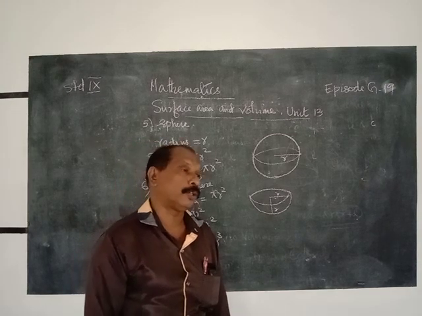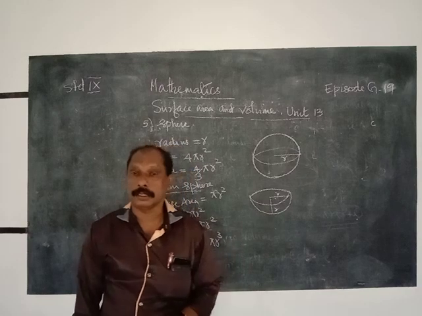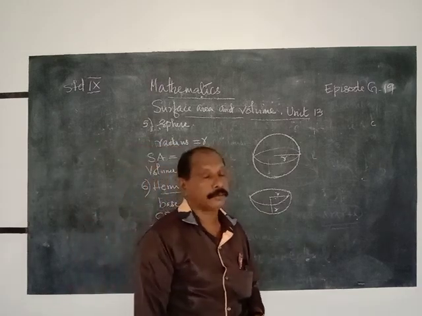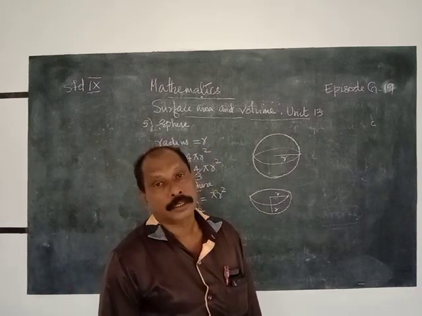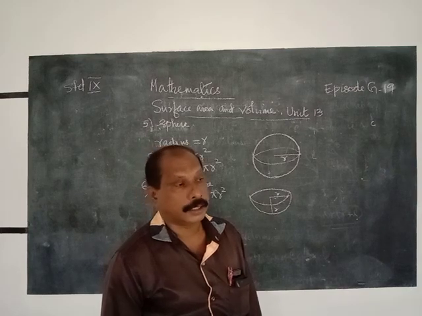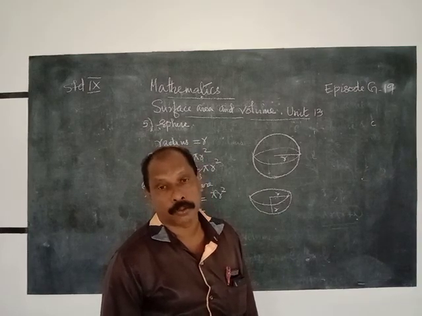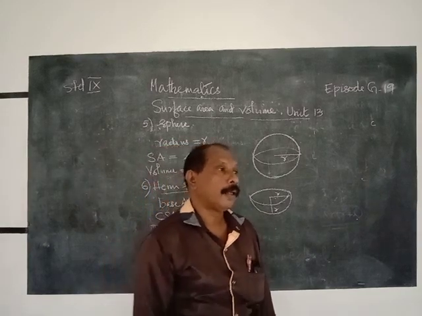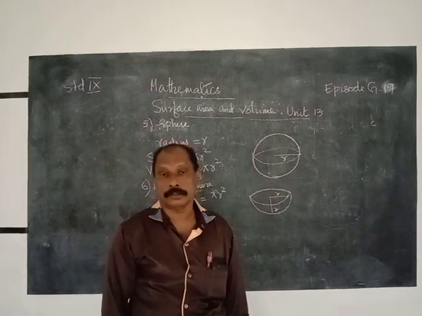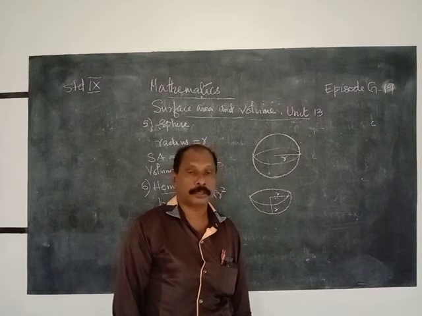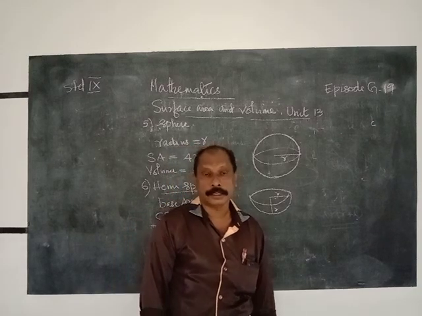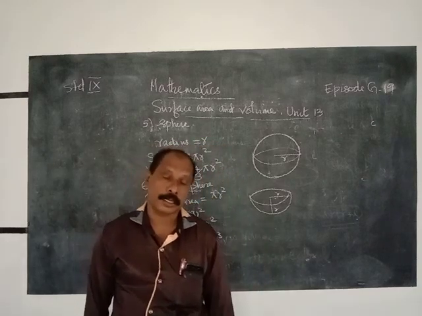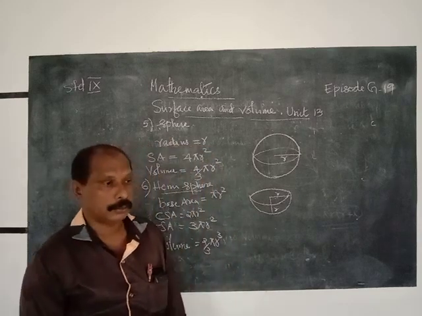If one surface, or one top surface, of a cylinder is reduced to a point, that is a vertex, therefore it is a cone. Then h is the height, r is the radius and l is the slant height of the cone. The relation between these three is the Pythagorean relation: r square plus h square is equal to l square. Therefore, l is equal to the square root of r square plus h square, h is equal to the square root of l square minus r square, and r is equal to the square root of l square minus h square.